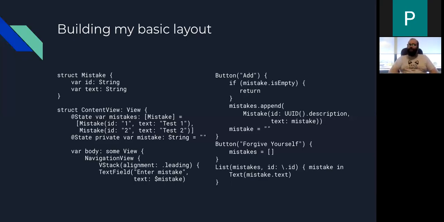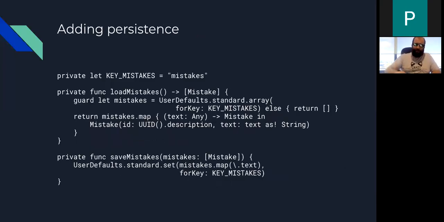Now, this is all well and good, but this is in-memory storage. So as soon as you would restart the app, everything that you'd entered would be gone. So the next step was to add persistence. And I found this actually very easy, linking with SwiftUI. So this code itself is not specific to SwiftUI. It is just some iOS code. And I used user defaults to store an array of